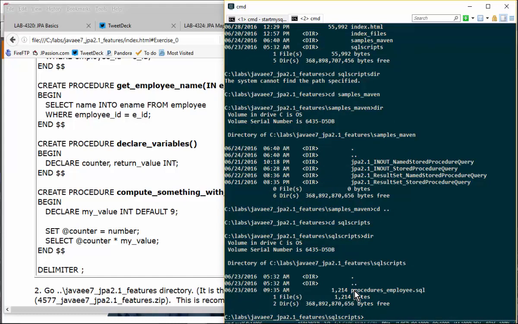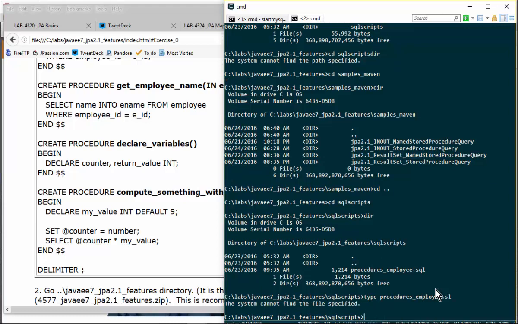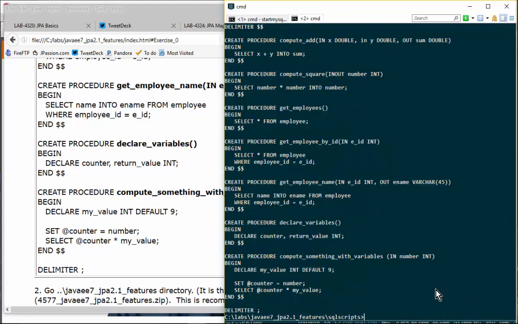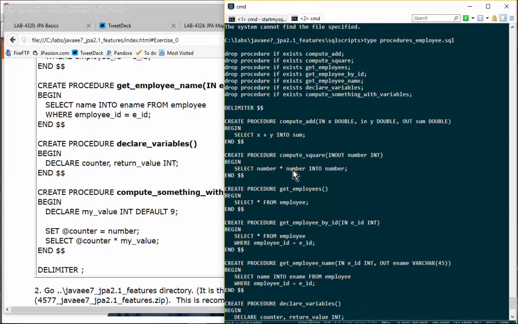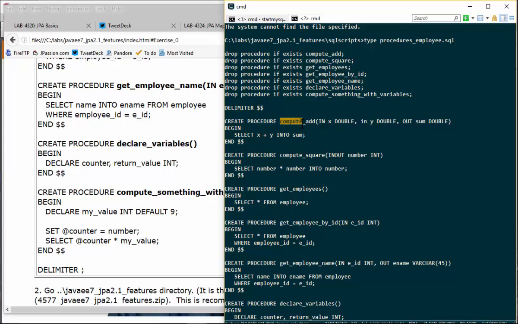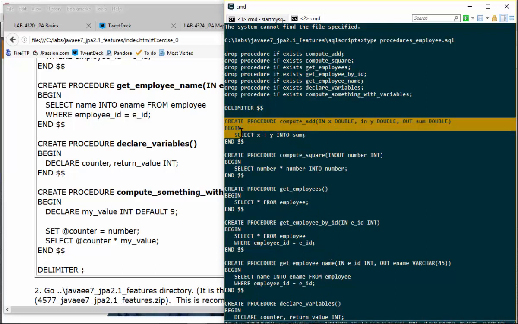I provided this procedures employee.sql. If you take a look at it, it provides the SQL statements for creating compute add, compute square, and things like that. We're going to talk about these stored procedures later on, but for now we're going to mostly focus on